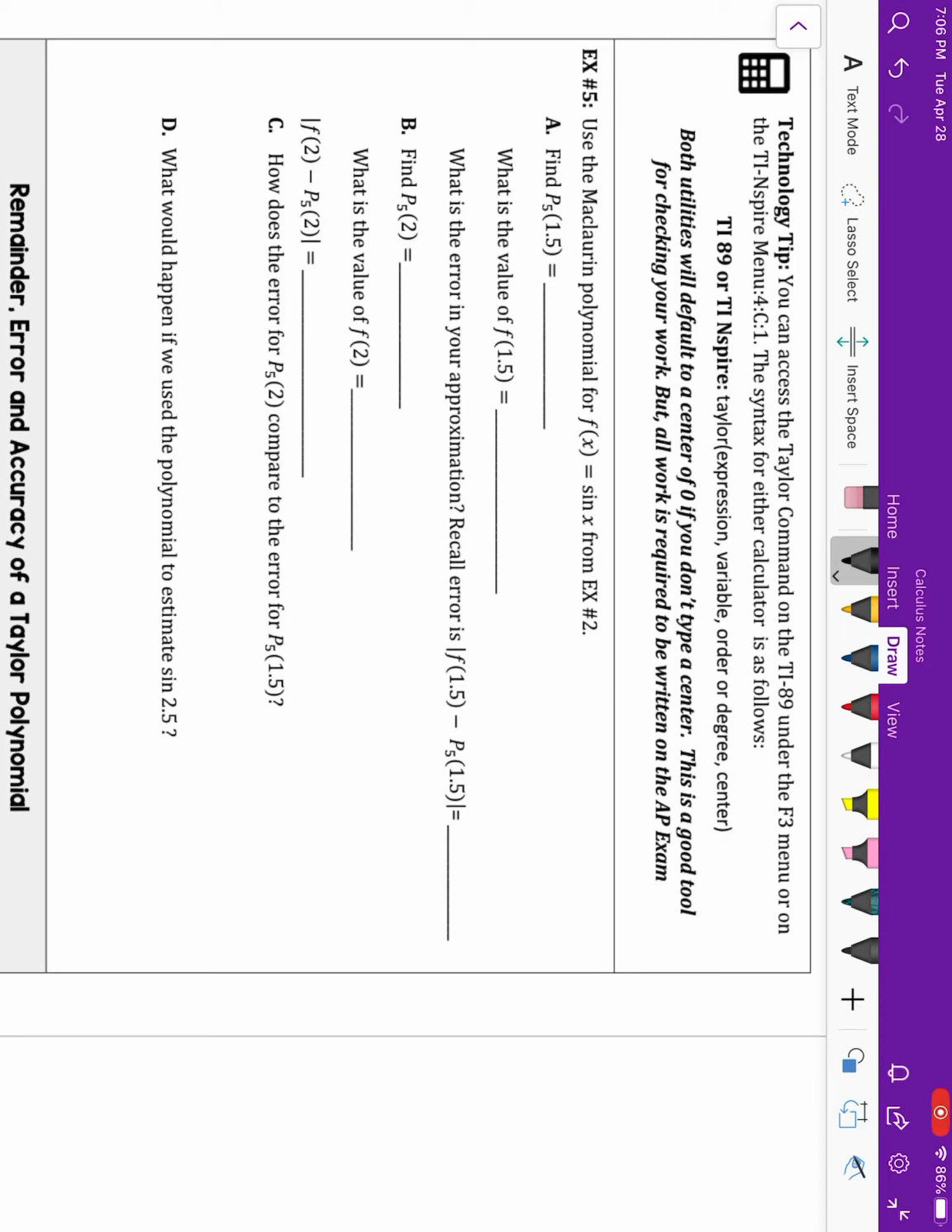So example number 5, use the Maclaurin polynomial for f of x equals sine x from example 2 to find the Taylor polynomial of degree 5 at 1.5. So what I did was go back to example number 2 to remind myself what the fifth degree Taylor polynomial was, and it was x minus x cubed over 3 factorial plus x to the 5th over 5 factorial. So that is what sine of x is as a